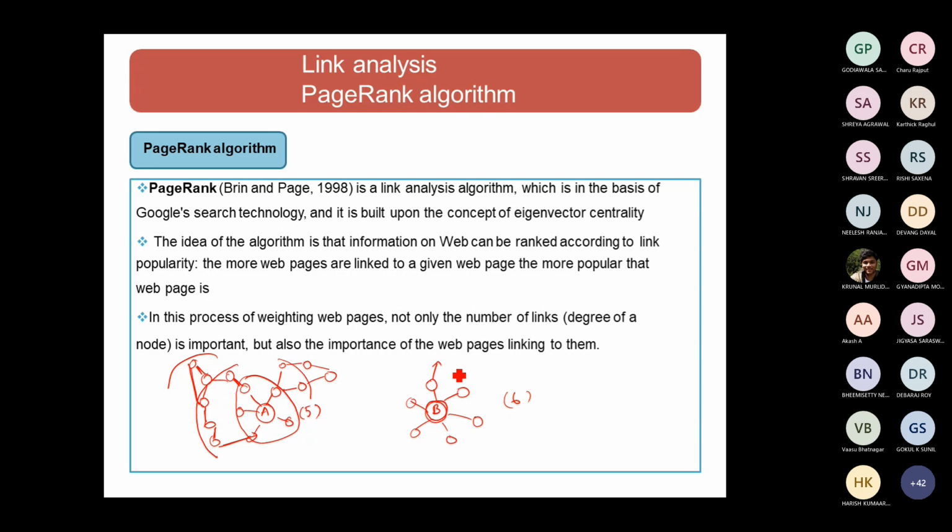From this page, is there any outlink? No, no link is there. But see in this page, I have some other outlinks emerging from here, so that the maximum reachability and coverage of more other web pages can be attained. So the page rank of A is higher than the page rank of B. So this is what I'm saying: don't look into the quantity of connections, look into the quality of connections.